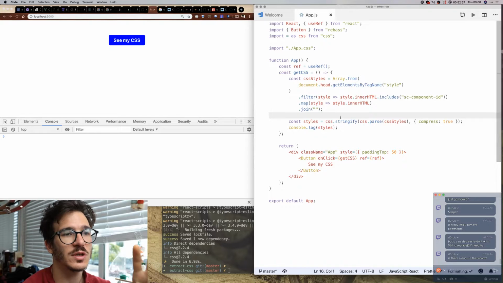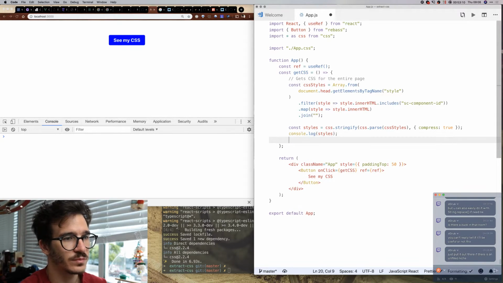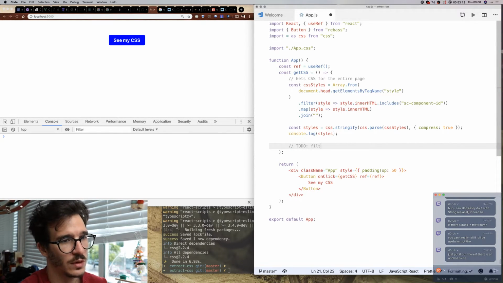the CSS for the entire page. Gets CSS for the entire page. To filter out. Filter out. What was I going to say? Now I can't remember. Filter out